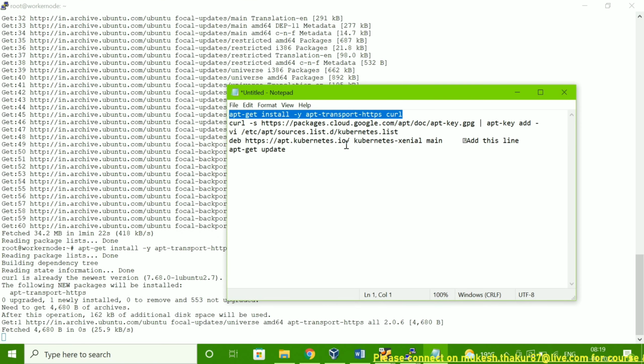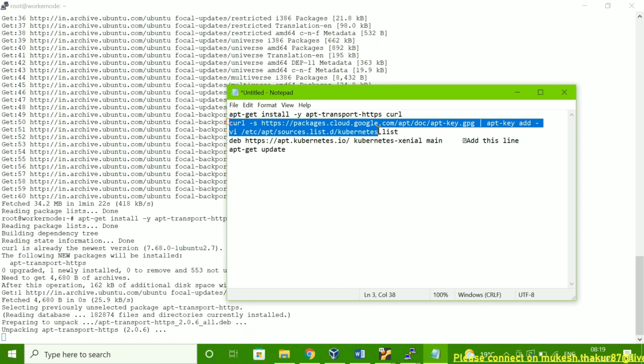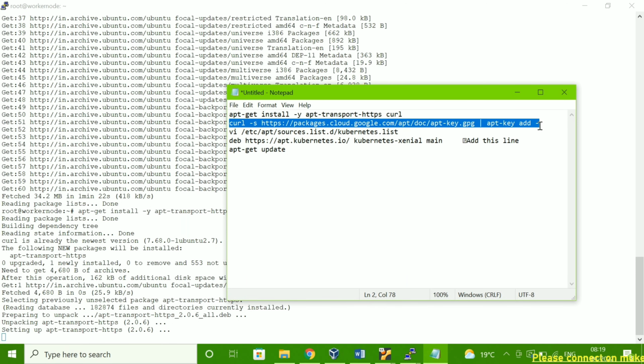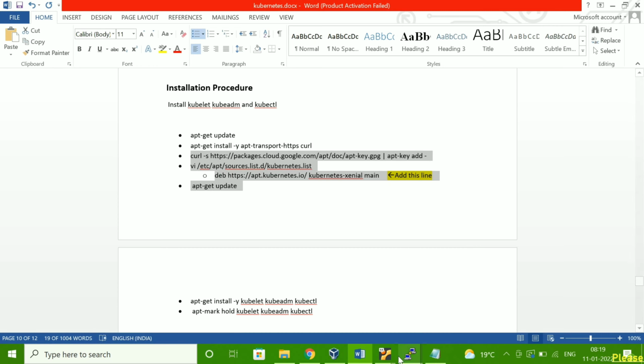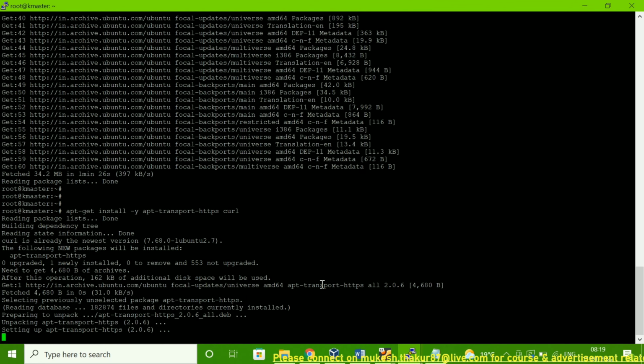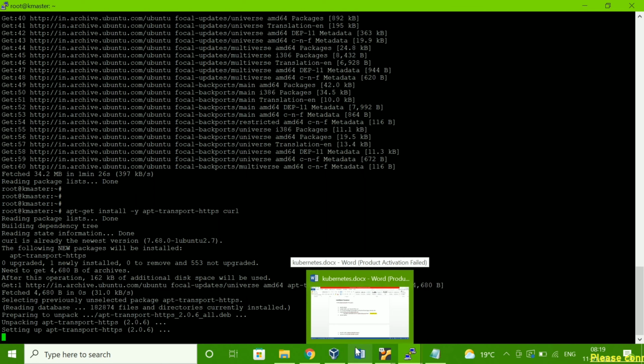Okay, now we have to run this curl command. So the same thing I am running here. You can see, I just copy-pasted from there. So you can follow these steps. If you follow these steps, you can easily set up your Kubernetes multi-node cluster. If you're using the cloud, you will not have that much difficulty. But if you're using on-prem, like your local system, maybe you will get lots of issues when you try to install the multi-node cluster.